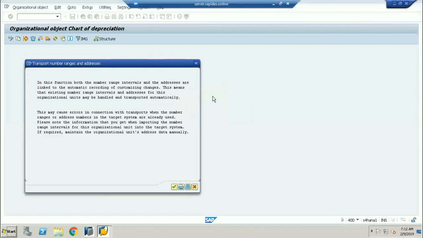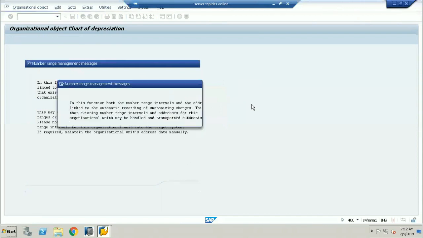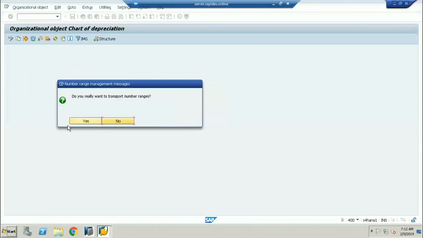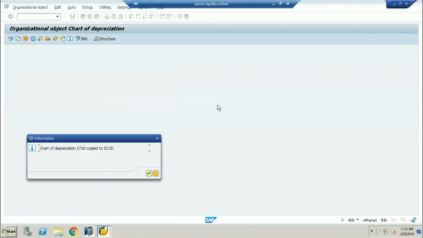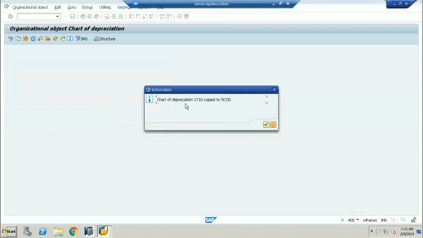Yes. Now there is the information. Okay. Now all the number ranges also. I'm pressing yes. Do you really want to transfer the number ranges? Yes. Number ranges related to the assets. Now I'm going to save it. See here, the information has been given to you now. The chart of depreciation 1710 copied to the 5C. Okay, now